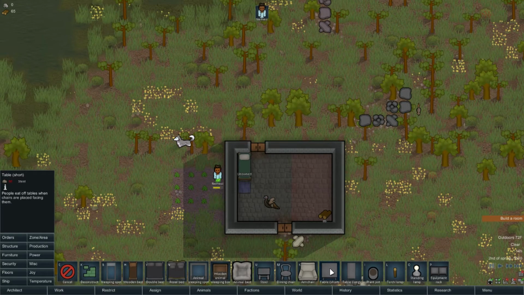We're going to do a couple more things in here. We're going to build a table. That's quite large, actually. Is there a smaller table? Whoa, no. So we're going to build it. We want him to be able to eat. We're going to build it there. I know it kind of conflicts with our stockpile, but who cares? And then we're going to build a dining chair, also out of wood. We want him to have a place to actually